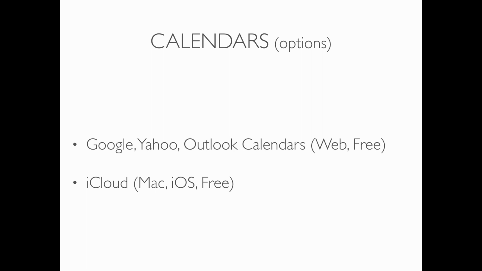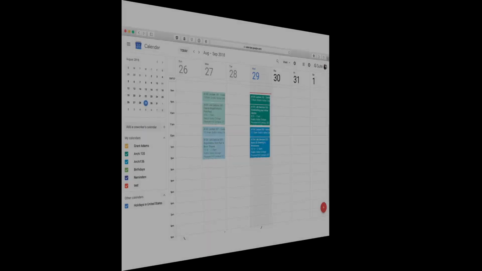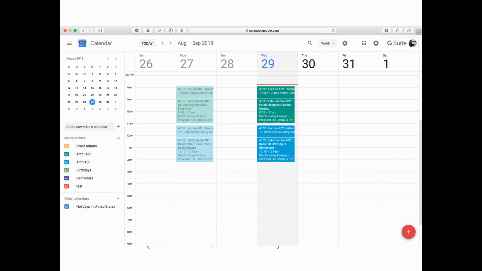These are all great options for calendars. They all have good calendar options. I will probably today focus mostly on Gmail and Google's calendar. They're all virtually the same. They all have the same features. They can all do the same thing. If you guys work in the Yahoo ecosystem, no problem. If you work in the Outlook ecosystem, that's fine too. We can still subscribe to everything.